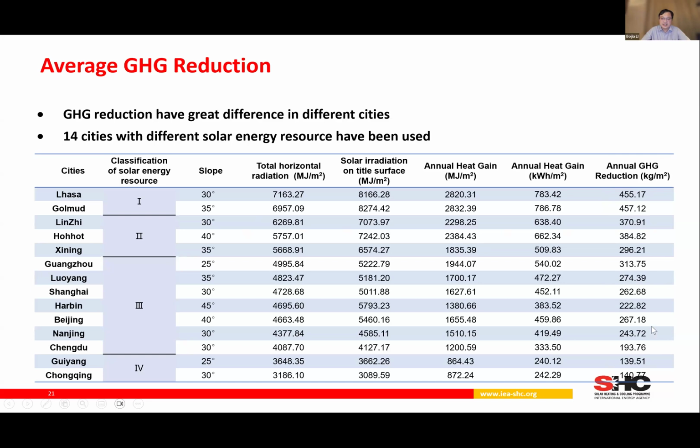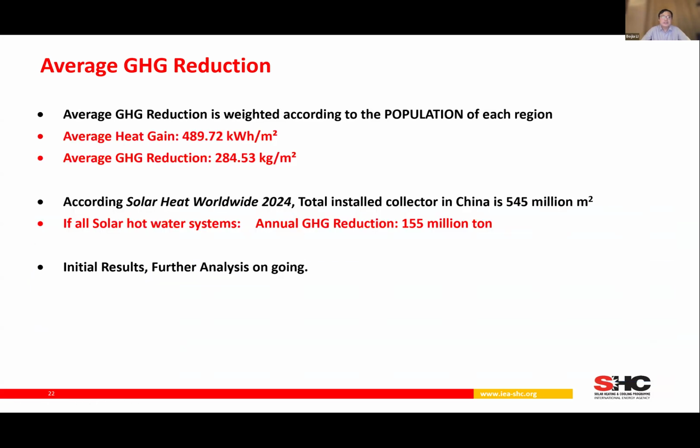And the figure is very different from 140 to 455. But to get an average for China, we use the population for different regions, because the solar hot water system is so popular in China. Maybe almost every single family has this type of system. So the more people, the more solar hot water systems. So we calculate the average GHG reduction by weighting the population of each region, and the average figure is